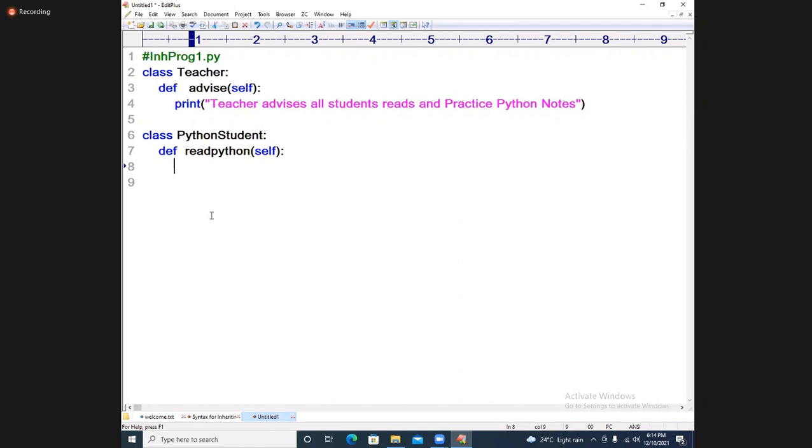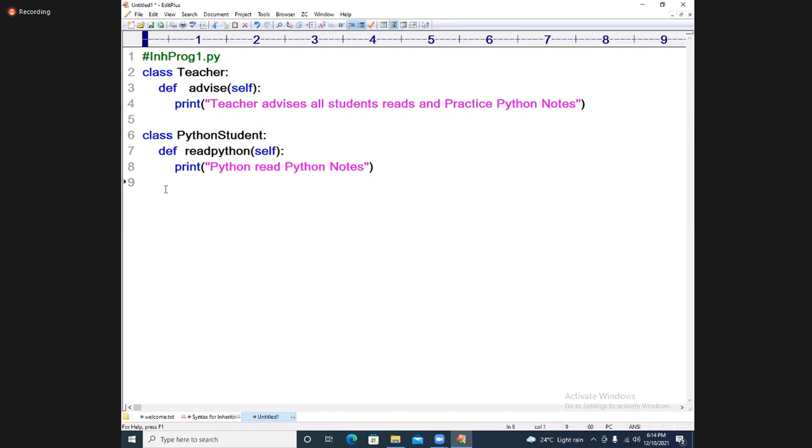What I am doing there is writing the information: Python student reads Python notes. Just one small example, present in the Python student class.